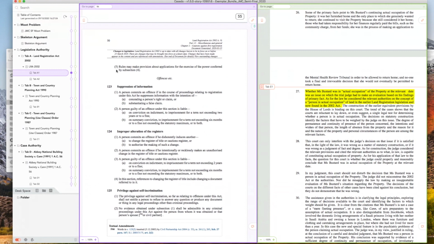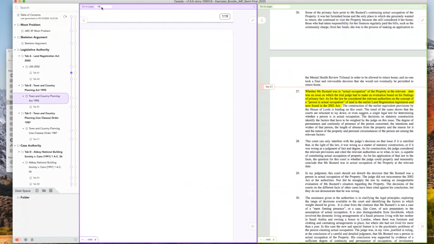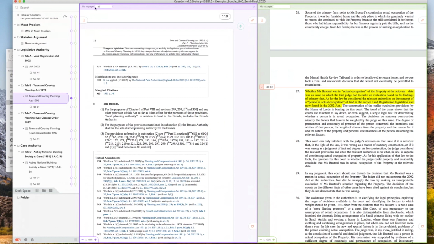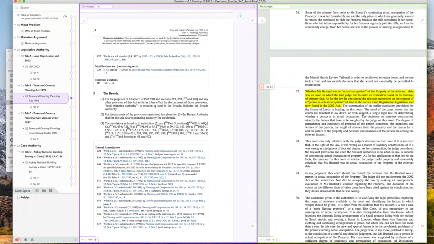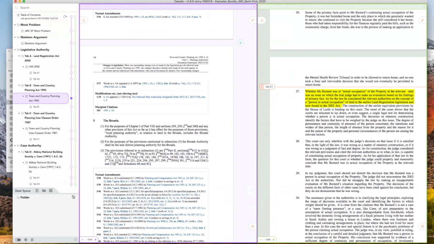So again, probably not the default method of referring the judge to something in the case of a moot, because that's not the nature of mooting. But I would often refer judges to a page in the bundle. I'd say, well, if you turn to page 120, and they might want to use the go to page feature to go there. So that's the way pagination works. And if you turn that off, you don't get that option because there are no page numbers. You can customize pagination quite a lot in Casido, but I'm not going to get involved with that today.